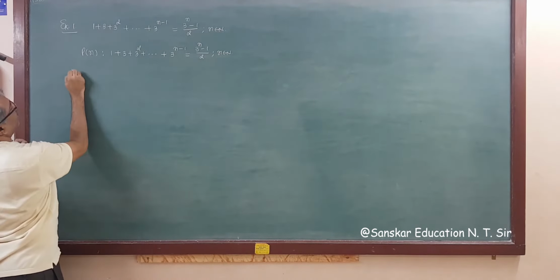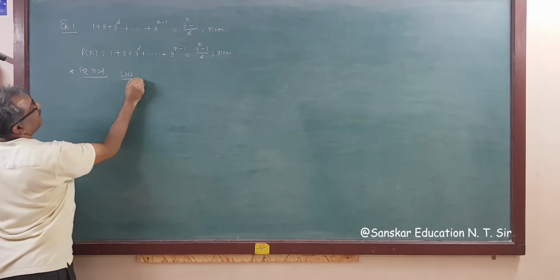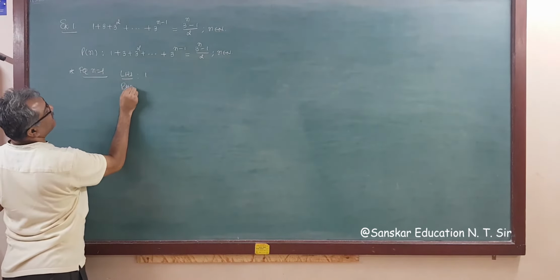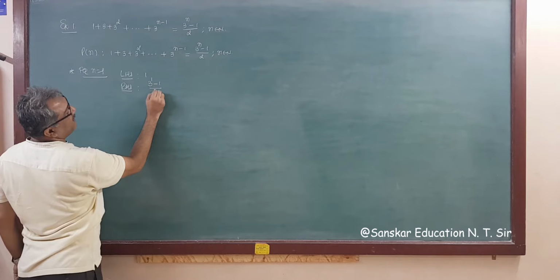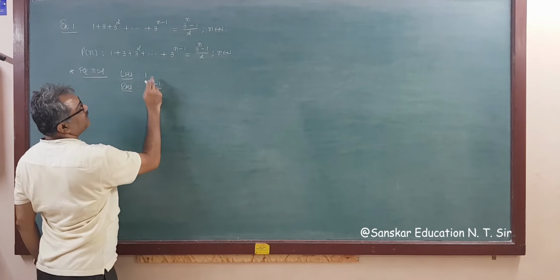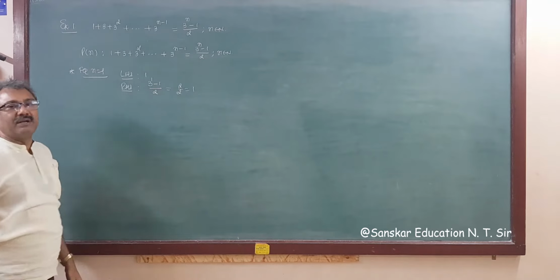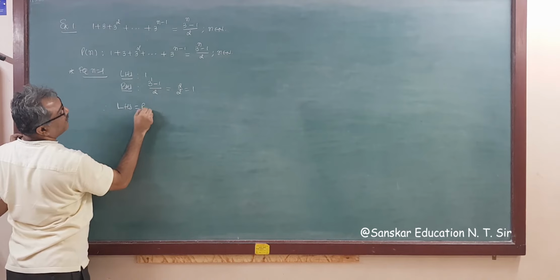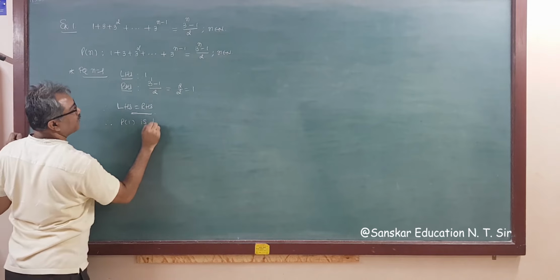Now first step, for n is equal to 1, left hand side means first term, so that is 1, and right hand side is substituting n equal to 1 here, 3 raised to 1 minus 1 by 2. So what is the answer? 3 raised to 1 is 3, so 3 minus 1 is 2, divided by 2, that is 1. Therefore left hand side is equal to right hand side, so P1 is true.